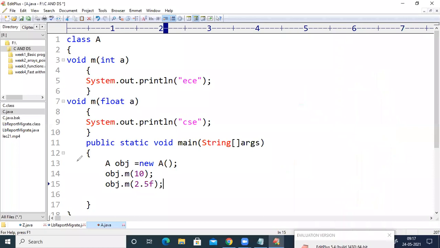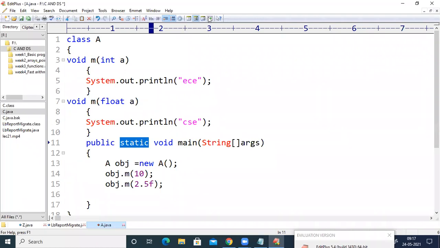The first statement is going to execute void m of int a, and the second statement is going to execute void m of float a. Let us see what will happen step by step. In every programming language, the execution will start with the main method, and for this main method in Java, we have the static keyword.